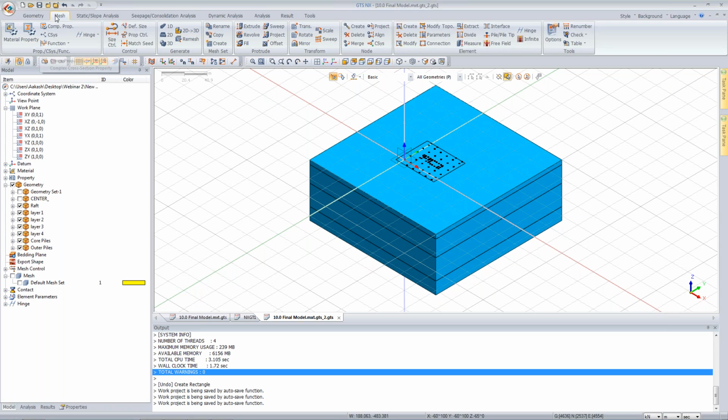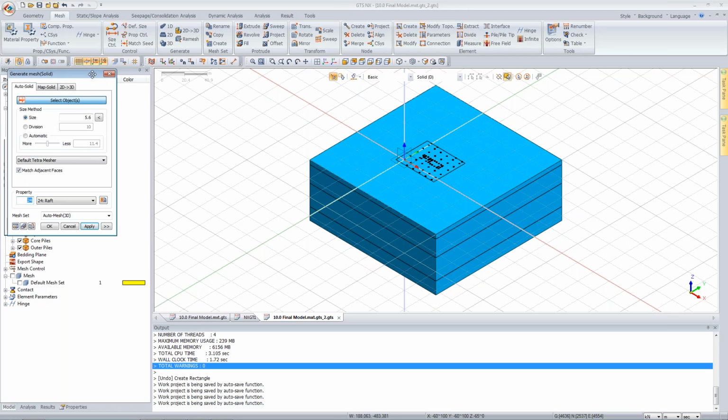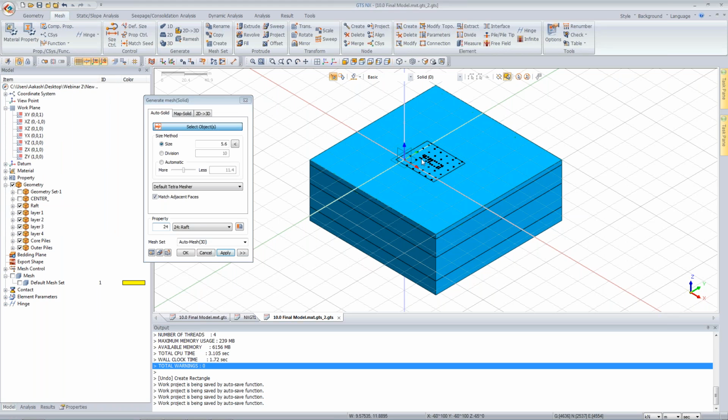So we come to mesh, 3D mesh. Let us start with the raft. So I'm just selecting the raft. I'm giving it an element size of 2. Now very important part is